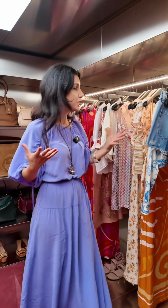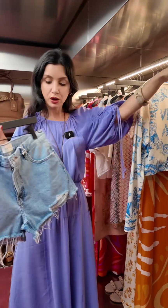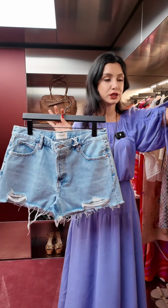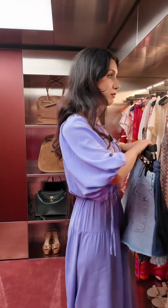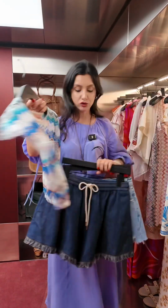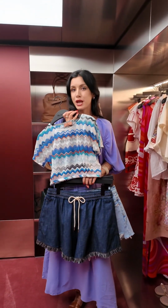So I have lots of denim shorts. It's such a good summer staple. So we have Frame, which is a denim classic, and I have Zimmermann as well. And I'm planning to pair these with a crop top from Missoni. So really cute beach or daytime